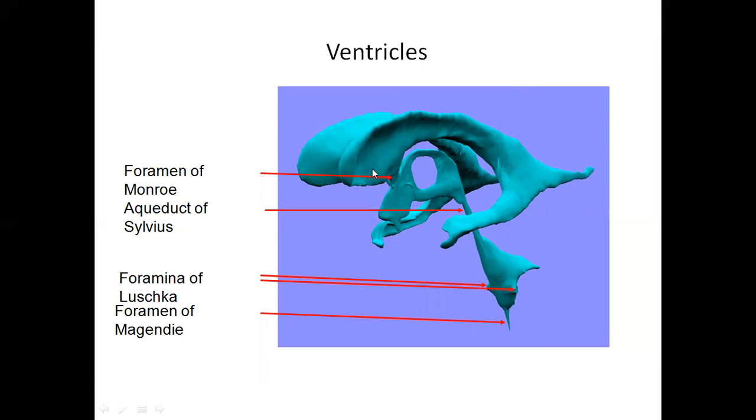The right and left lateral ventricles are connected by means of the foramen of Monro. From here, the CSF enters the third ventricle. From the third ventricle, we have a connection to the fourth ventricle via the cerebral aqueduct of Sylvius. From the fourth ventricle, we have two openings, the foramen of Luschka and the foramen of Magendie, through which CSF reaches the subarachnoid space. The fourth ventricle CSF also continues into the central canal of the spinal cord.